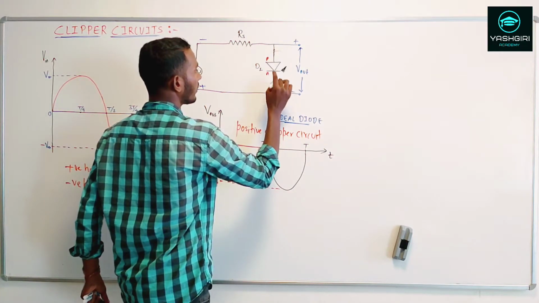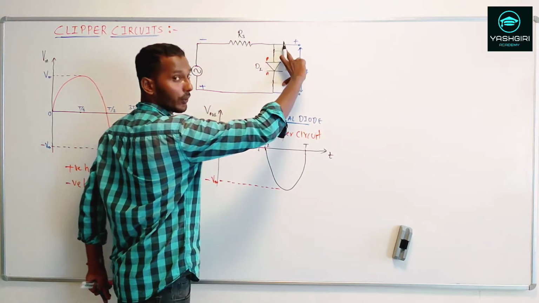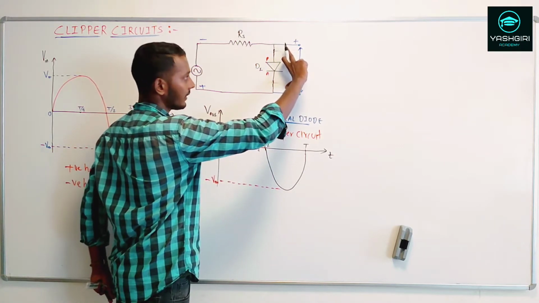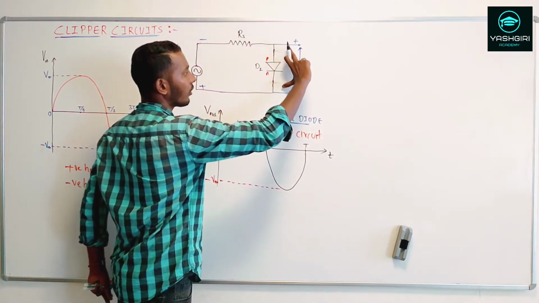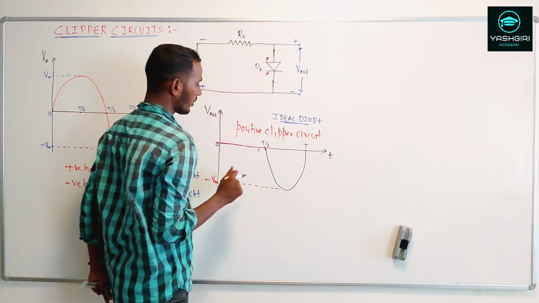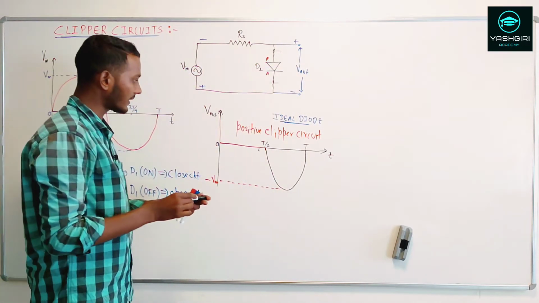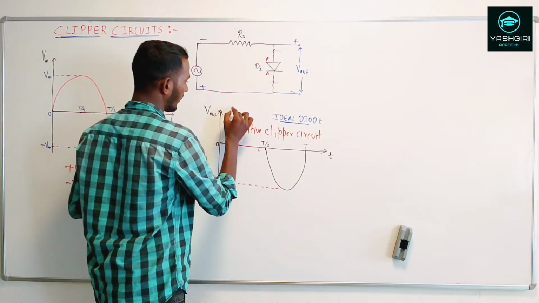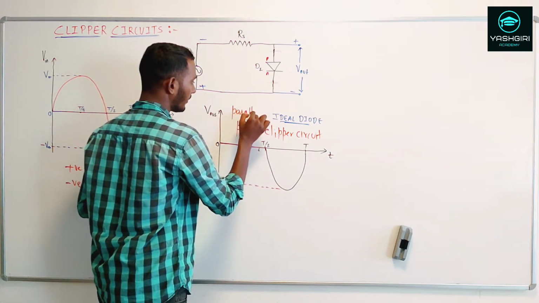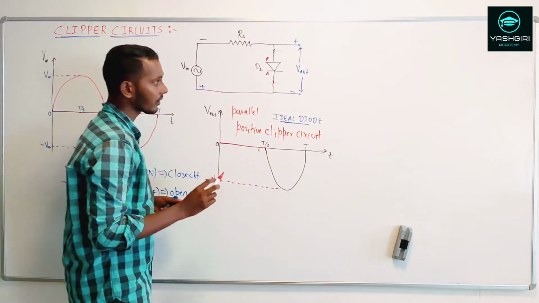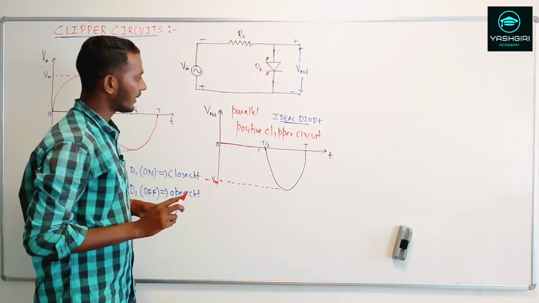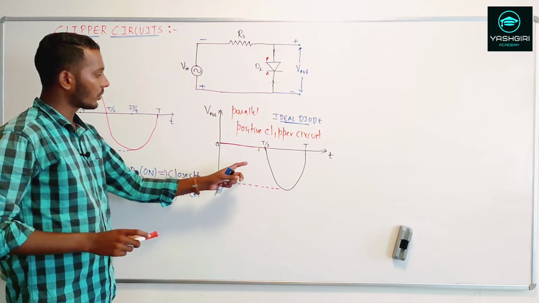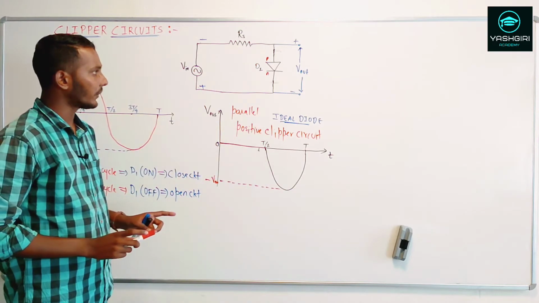And if you note, the V out where we are going to measure is just, you can consider, we are measuring across this diode, which is parallel, I can say. We are measuring this parallel output at this diode. So or else we can also say this is a positive parallel positive Clipper circuit, since we are measuring parallel output. Okay, so this is the case for the ideal diode.